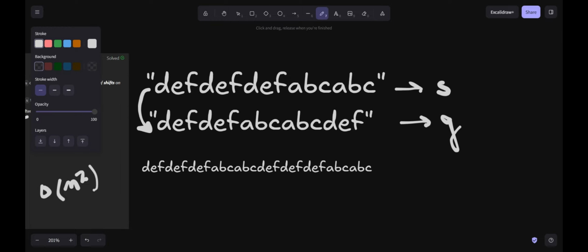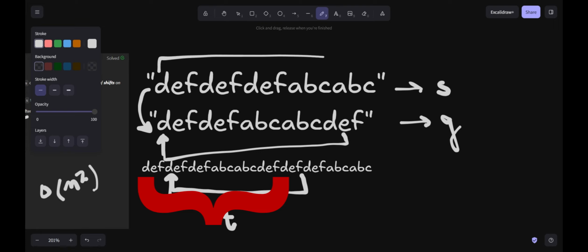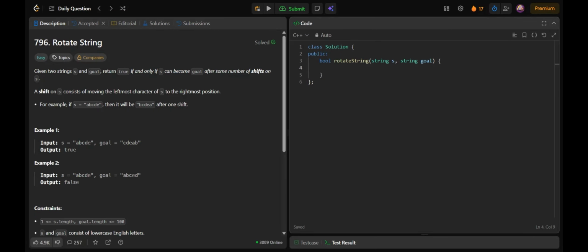So when i is equal to 0, 1, 2, 3, we'll be here and we'll check again. We'll run a loop in which everything that is written here would be equal to everything written here. So we found a match and then we'll return true. Okay, so it's quite simple. We just have to write s into 2 of s so that we can check whether all the elements are matching or not, right? So let's just quickly write our implementation.